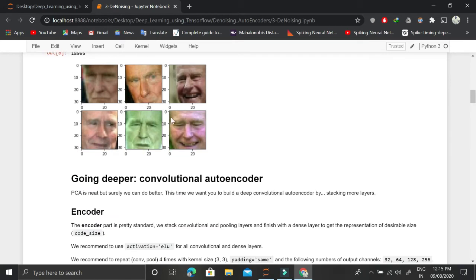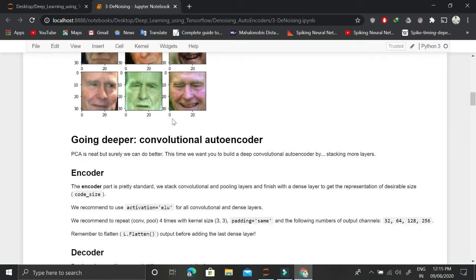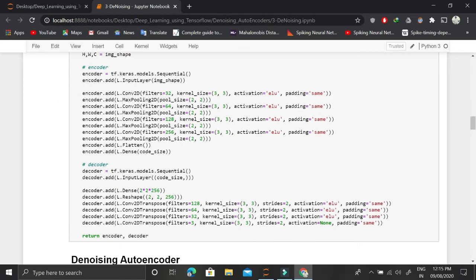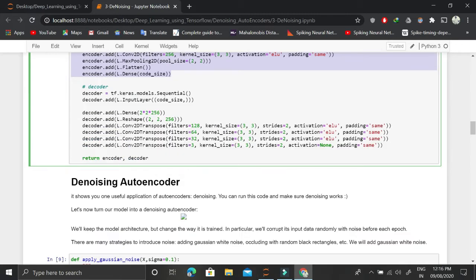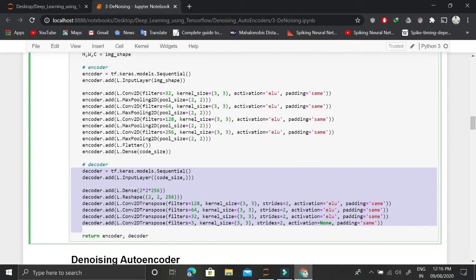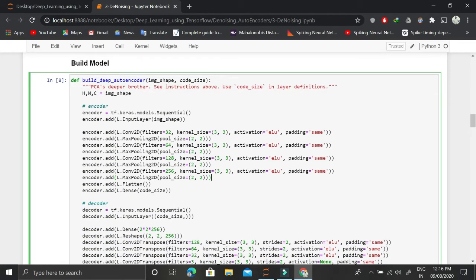We have already looked at these images, and we'll be using them even in future videos on autoencoders. Okay, I've already explained this idea a million times in previous videos, where we have an encoder part and a decoder part, and we are using the sequential API.